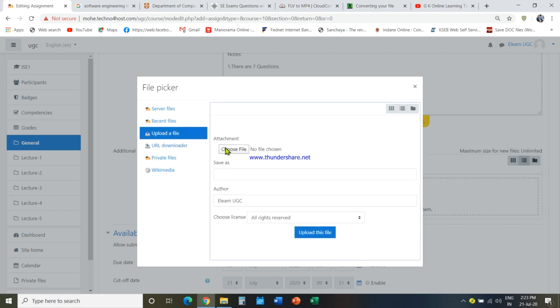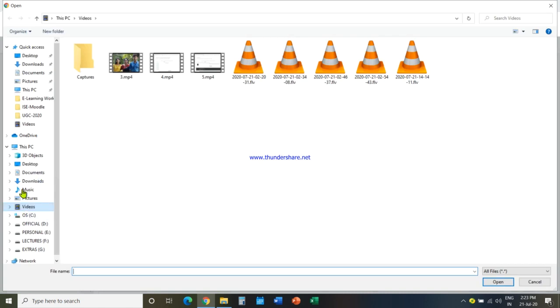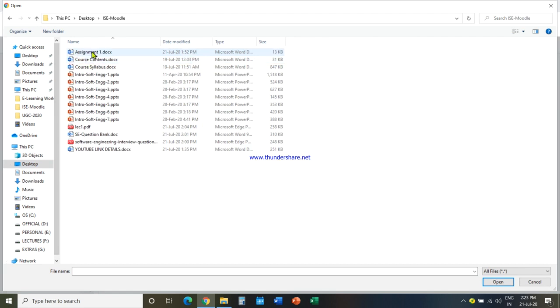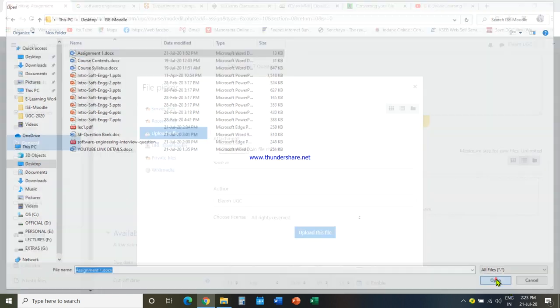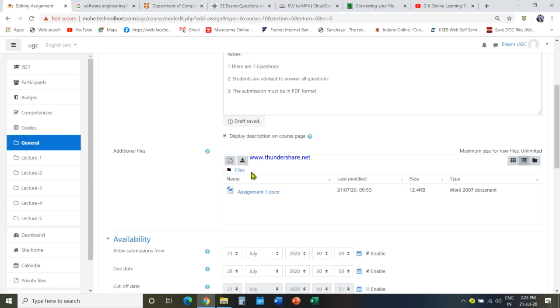Click on the upload file. Choose the file, where I saved all the files, on the desktop. I'm going to the desktop, the folder ISC Moodle, and I have the assignment number 1 that I am opening. That means I am going to upload that particular file. Now the file is being uploaded over here.